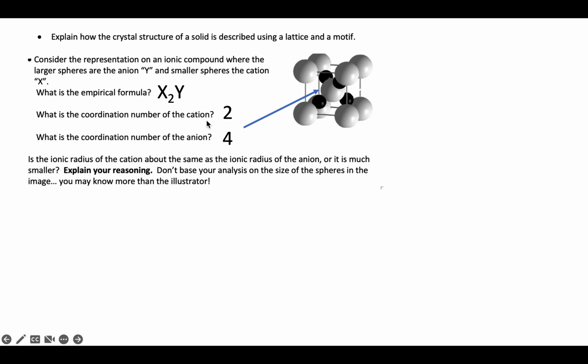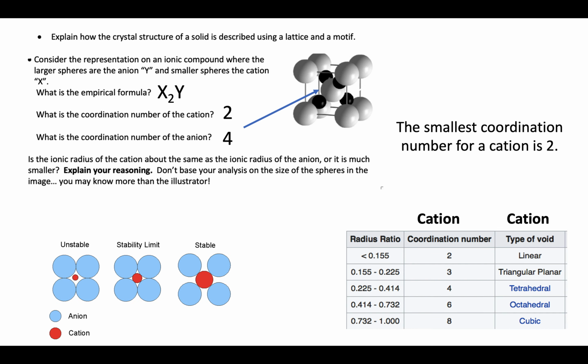So these would be the coordination numbers I would be working from. Thinking about then for the ionic radius, there was some general discussion about how the cations were oftentimes smaller in general, but what does smaller mean compared to an anion? My thought within this was the coordination number that you could have for the cation.